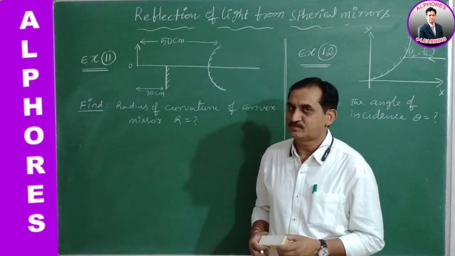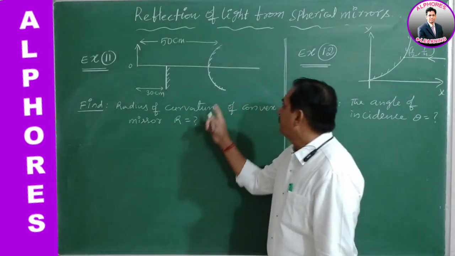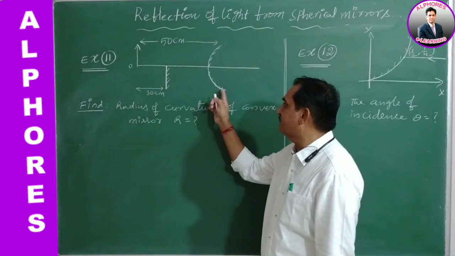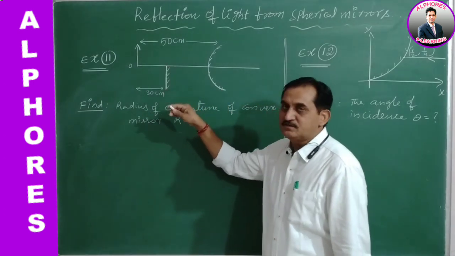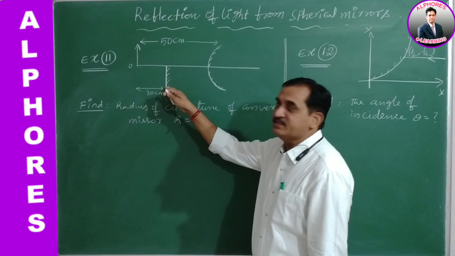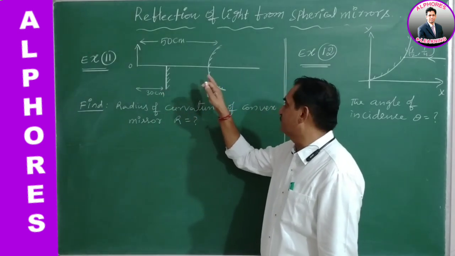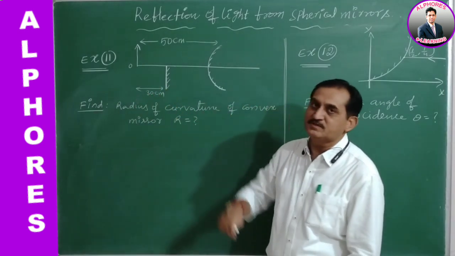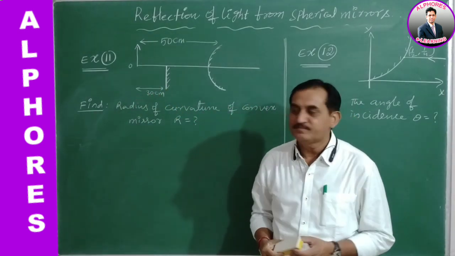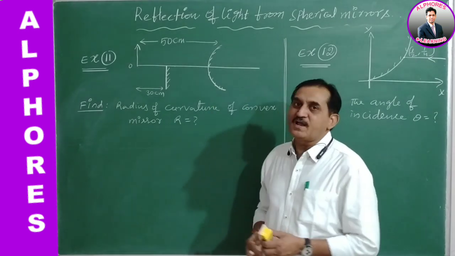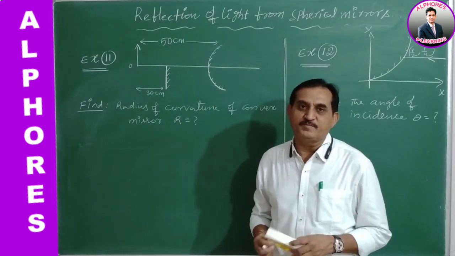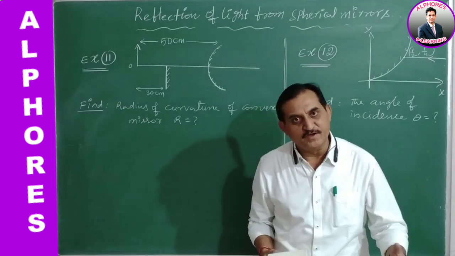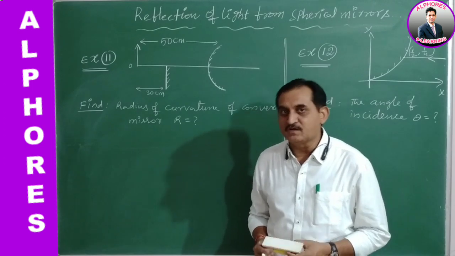This is the question. Once again, see. A convex mirror, an object is kept at a distance of 50 centimeters from it, and a plane mirror is kept in such a way that half of the convex mirror is covered, at a separation of 30 centimeters from the object. As a result, there is no parallax between the images formed by the plane mirror and the convex mirror. Then find the radius of curvature of the convex mirror.